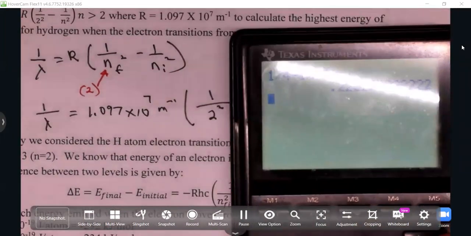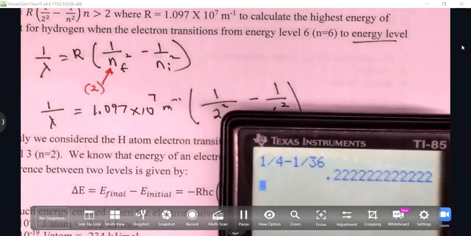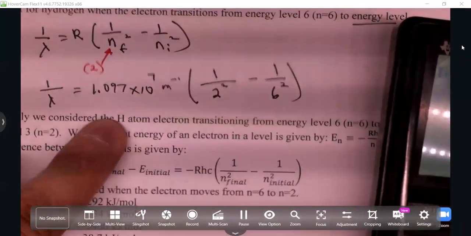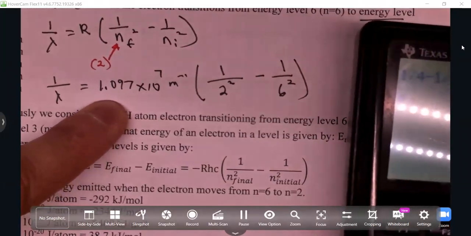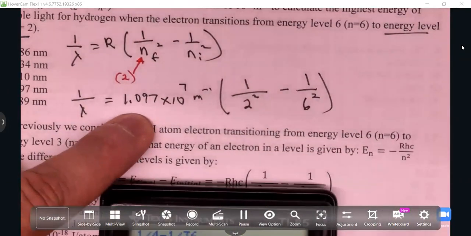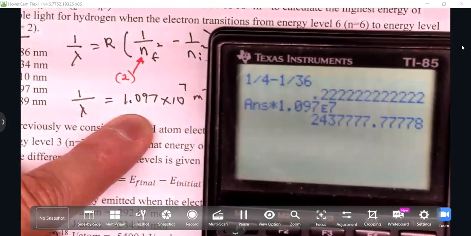And I got 0.222. Did I punch it in right? Okay. So do that first. Now multiply by 1.097 times 10 to the 7. So times 1.097 times 10 to the 7. And at this point, I get